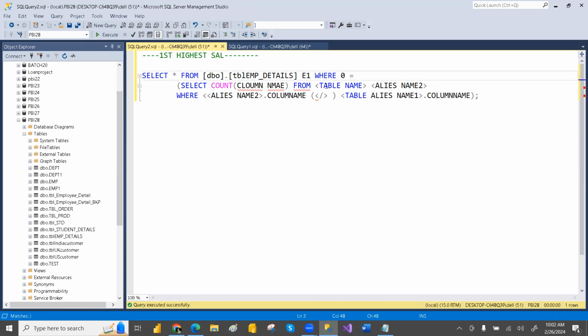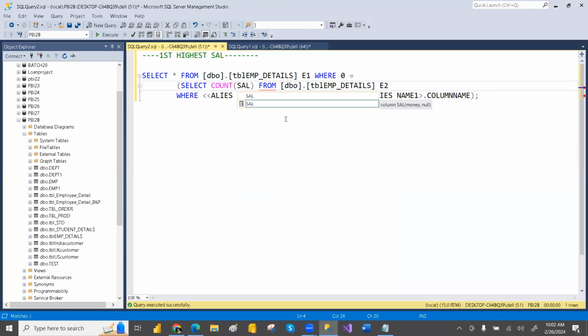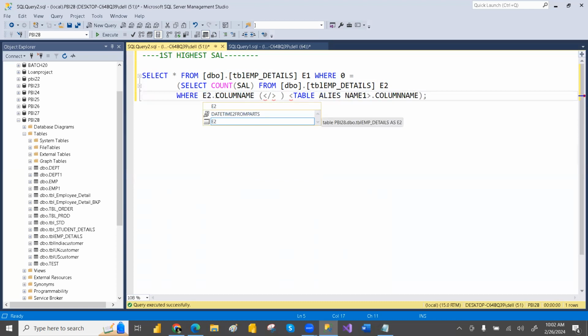And next you want to replace table 2. So table 2, you can place this, and table 2 alias name is E2. And what is the column? You want to get the salary. Okay, salary. And where alias 2 means this one, the table 2 alias. Okay, this one. So E2.salary,